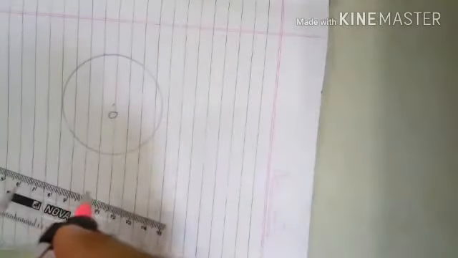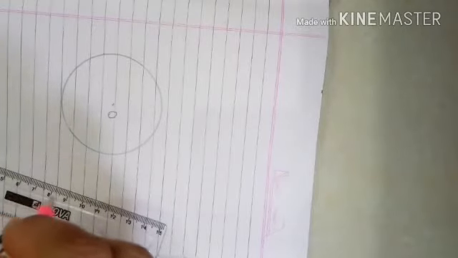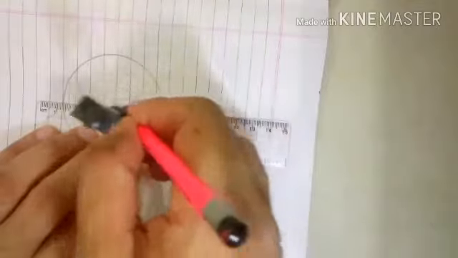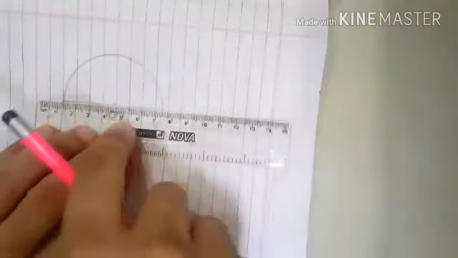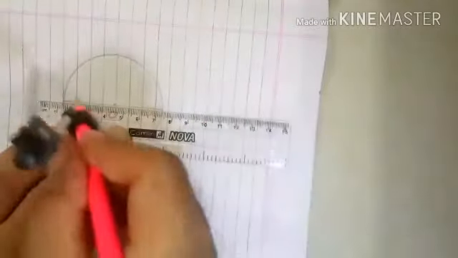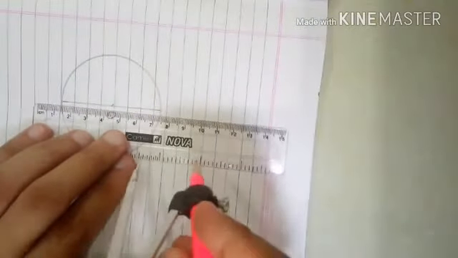Okay, take 2 points P and Q on one of its extended diameter, each at a distance of 7 centimeter from its center. Okay, so this is the diameter of it. For example, if this is the diameter, extended diameter means what? This diameter we need to extend on one side and also extend it on the other side. Okay, how much we need to extend? So 7 centimeter from its center.